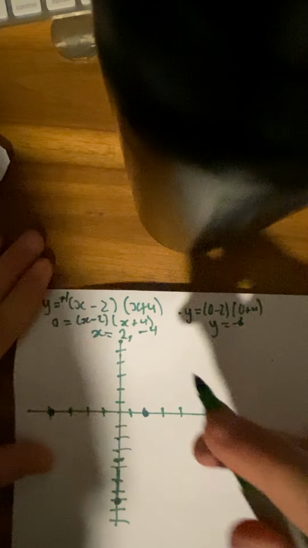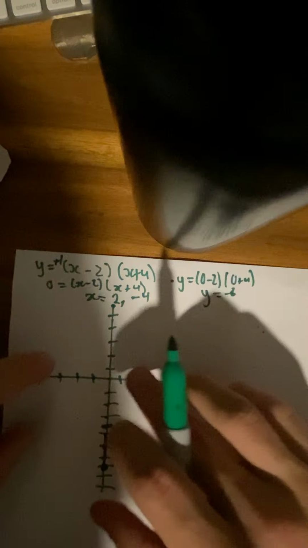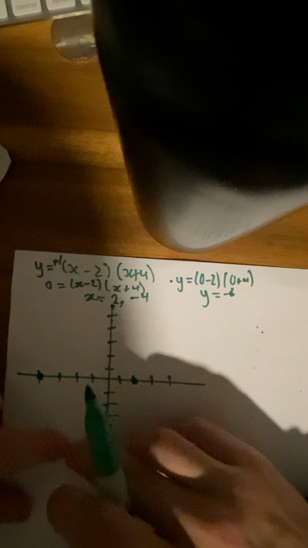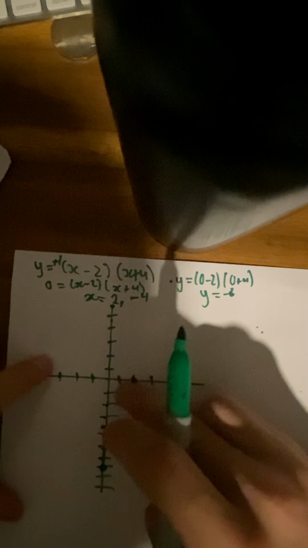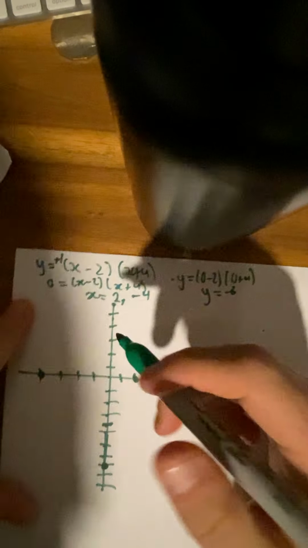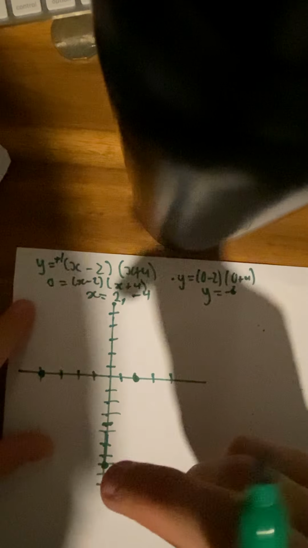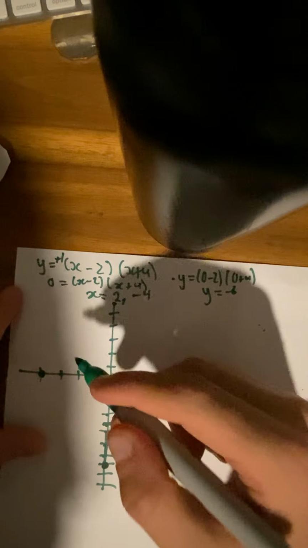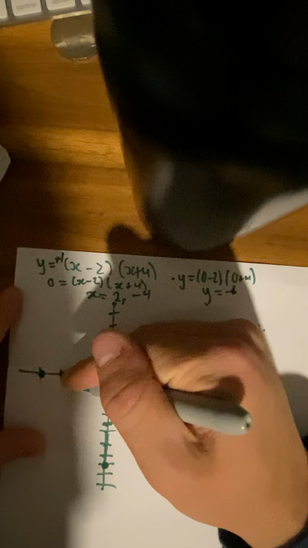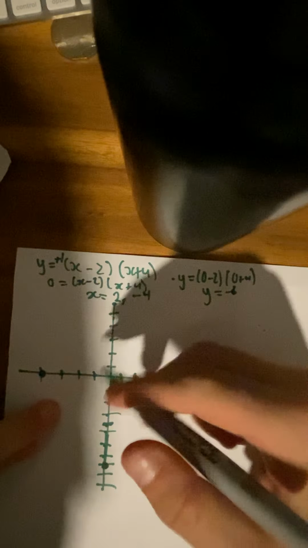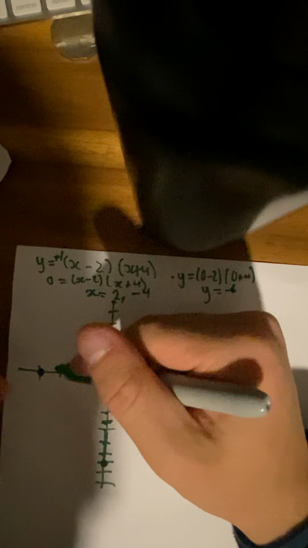So that means the vertex is going to occur right in the middle of the two x-intercepts. So it's going to occur at the x coordinate that is right in the middle of 2 and minus 4, which is in this case